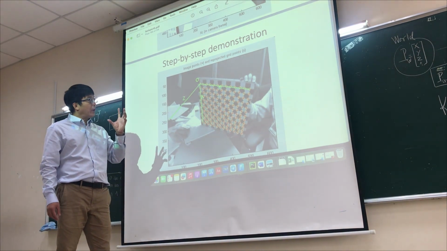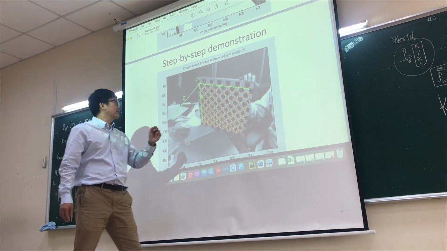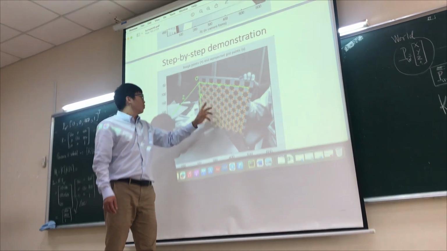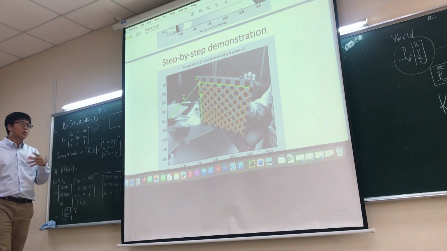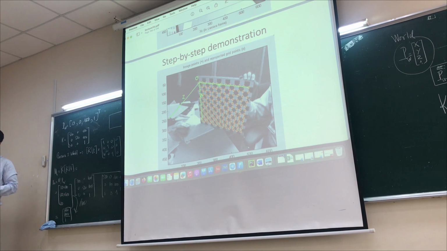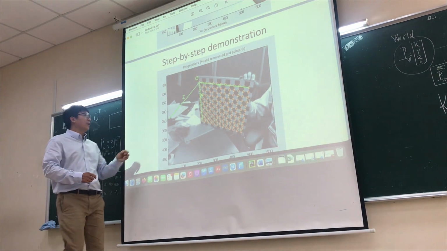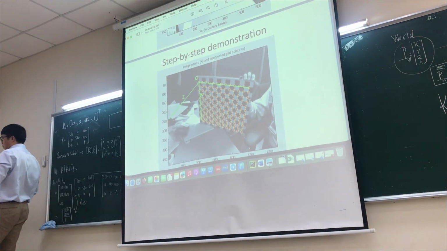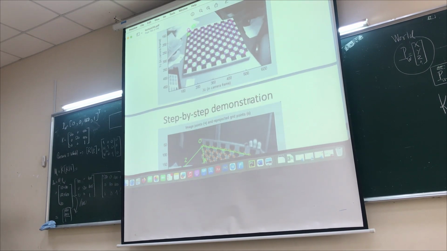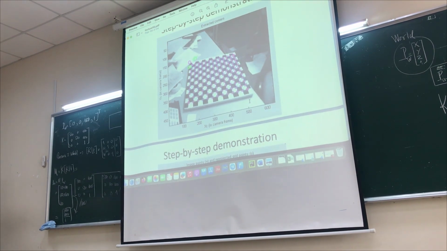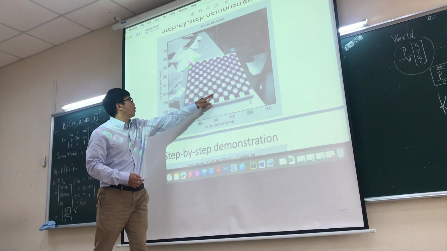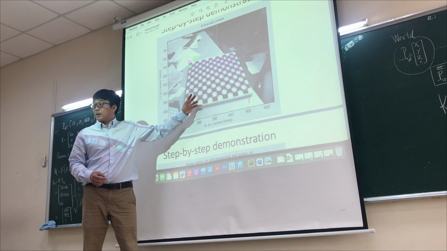And then what will happen? You have not only the empty chessboard, you have to design the chessboard so that you know exactly the size. For example, 1 centimeter or 2 centimeter depending on you, but you know exactly in the world the size of each block. So usually you have to design a protocol or special application, because when you print it, it must be exactly 1 or 2 centimeters. That is the idea. And why the chessboard? Because you have to detect the corners automatically by OpenCV or any